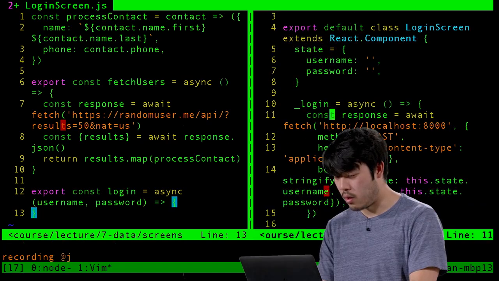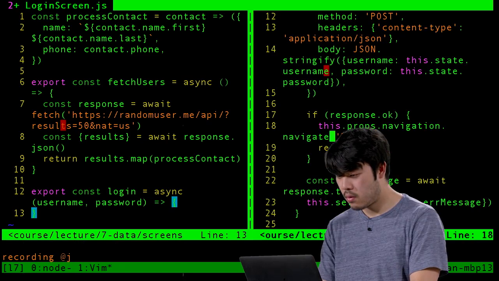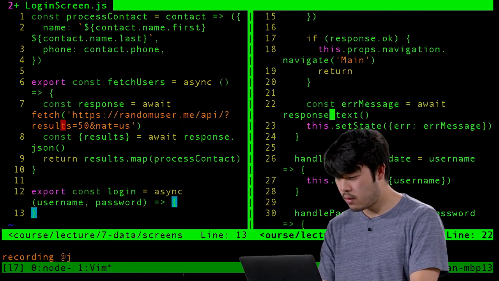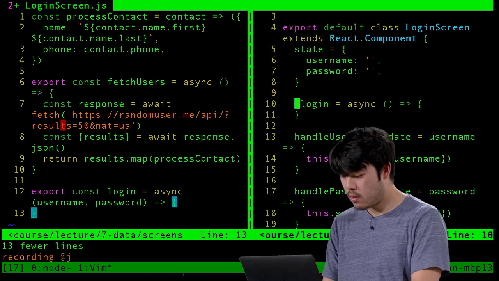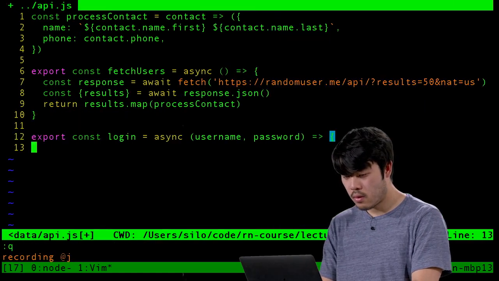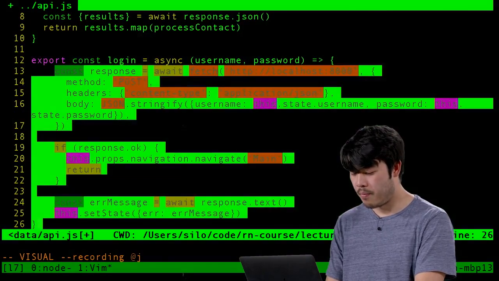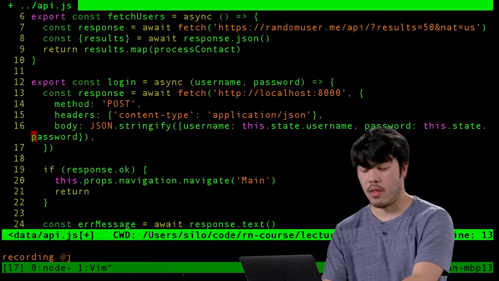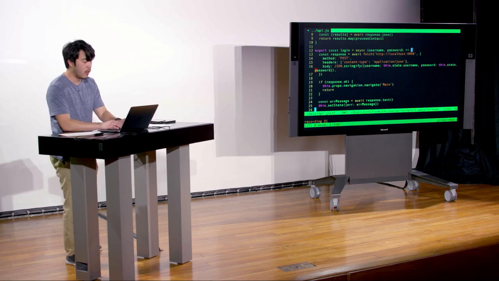Well, it's going to do all of this. So I just cut and paste everything from the other file. And we have basically where we were when we were writing